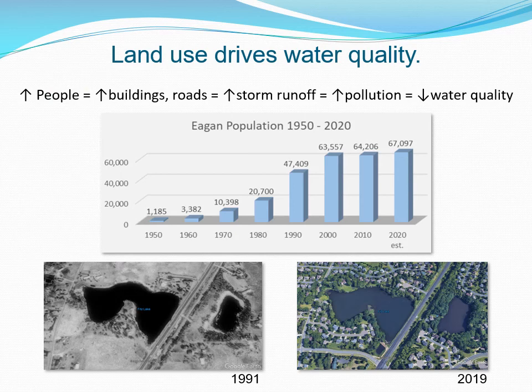So the main take-home point that I want you to come away with from this project and this talk is that land use drives water quality. That means anything that is done to the land will affect the surface water and groundwater quality nearby. So in general, the more people there are, the more buildings and roads and infrastructures you need, and you tend to have more stormwater. It tends to be dirtier. So the more pollution there is, the more of that goes into surface waters directly.